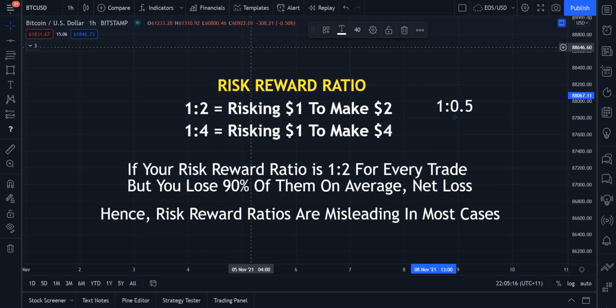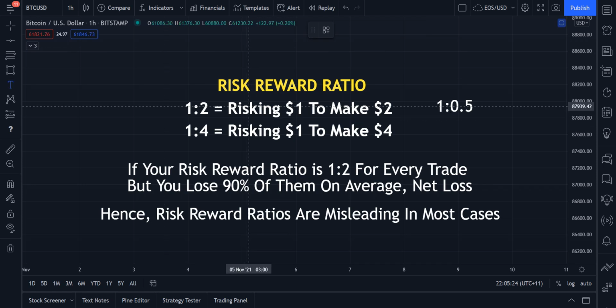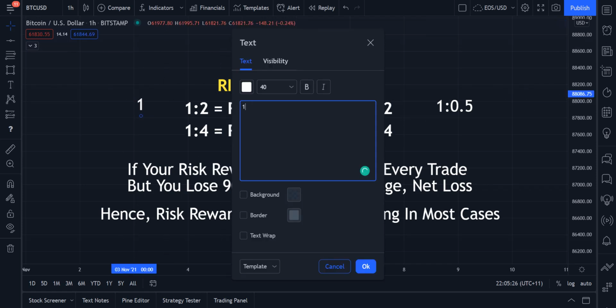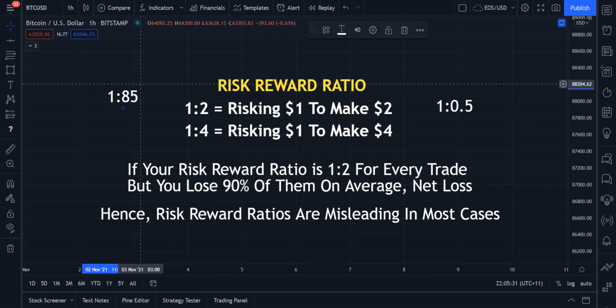It shouldn't be oversimplified. I think there are a lot of people who are constantly seeking the high returns. So a number like this, for example, if I just drew it out here, 1:75 or 85, which means that for every $1 you're risking, you stand to gain 85. It sounds appealing on paper, but naturally the higher the reward, generally the higher the risk, and hence the lower the percentage of trades you're going to be profiting on.